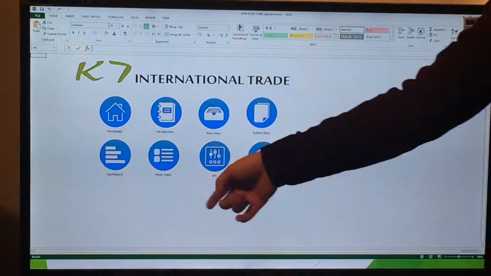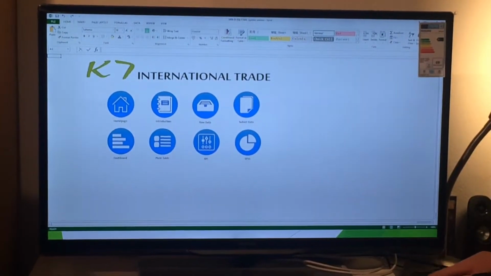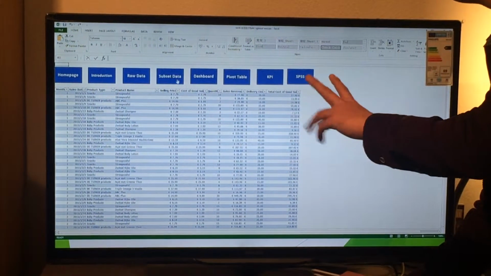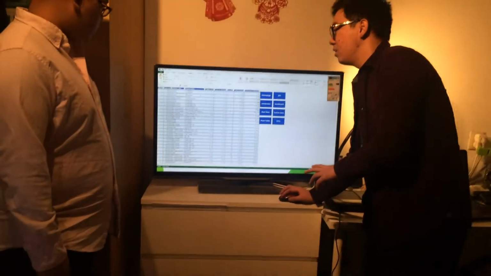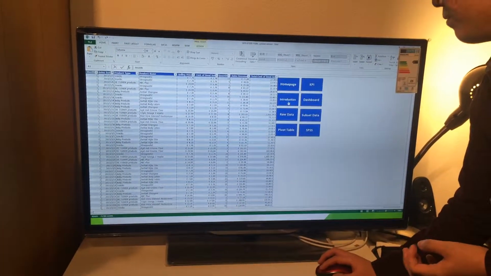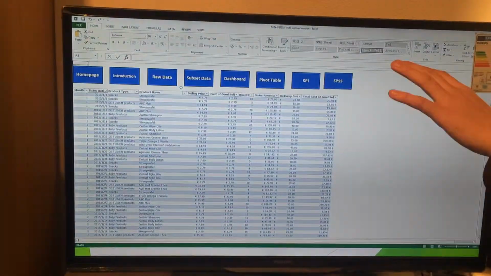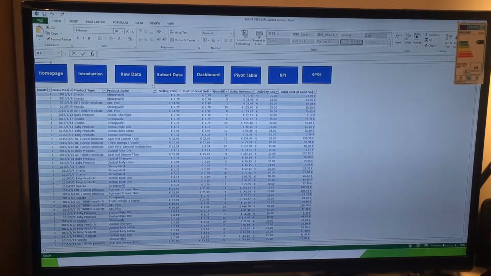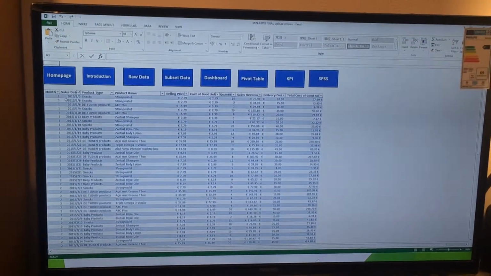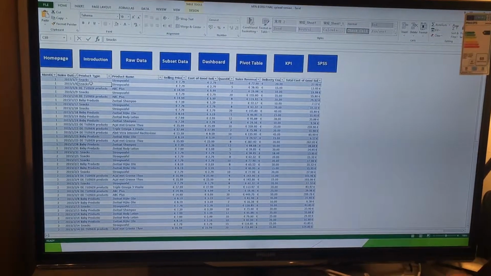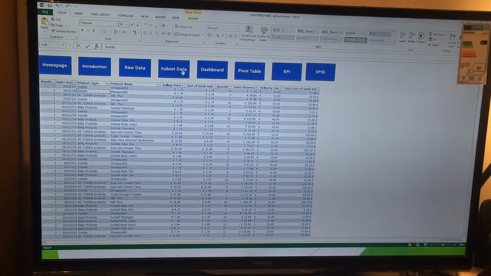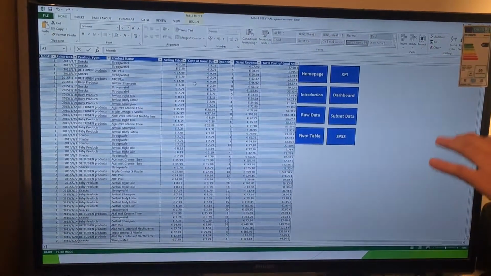As you can see, there are 8 different buttons in this dashboard, and this is the home page. And here is the introduction of the company. And then these two, the raw data and subset data, are important because every table and every graph is generated from these two data. The raw data we got from one of our contact persons from your company, who provided lots of information like sales date, product type, product name, selling price, cost of goods sold, quantity, and so on. And then we select the most important